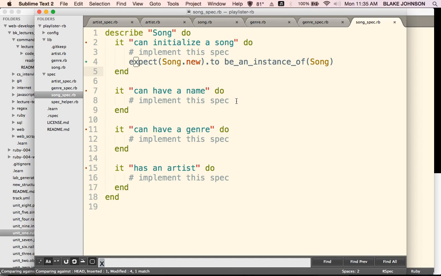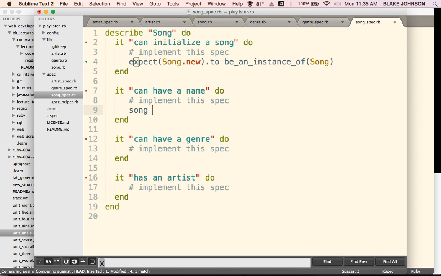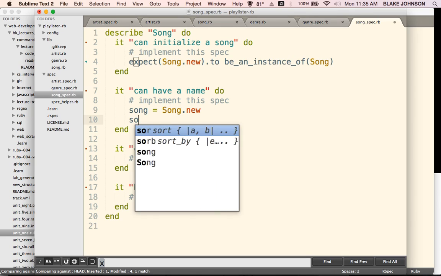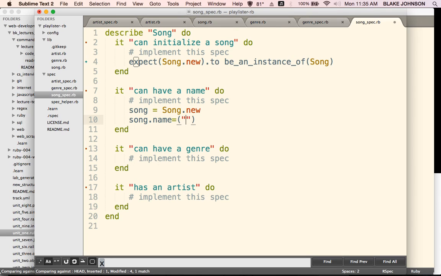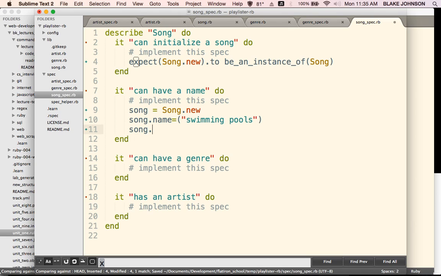I want it to have a name. So I want to be able to call song equals song.new. I want to be able to call name equals swimming pools. And I want to be able to then ask it, what is your name? Right, so I want to be able to expect